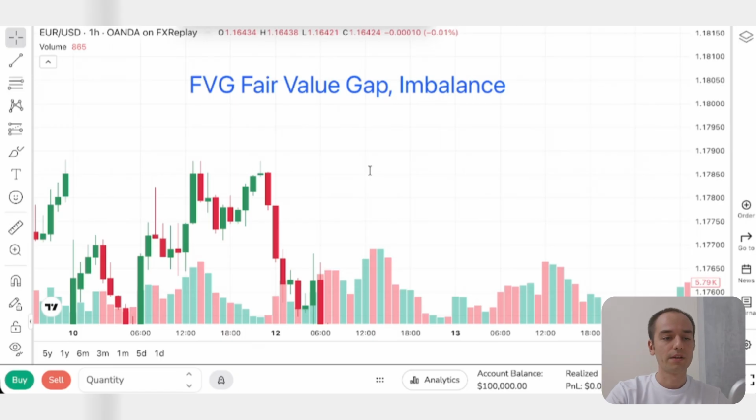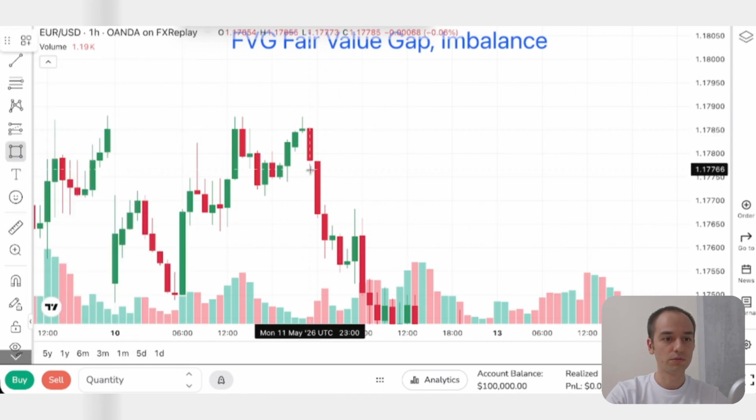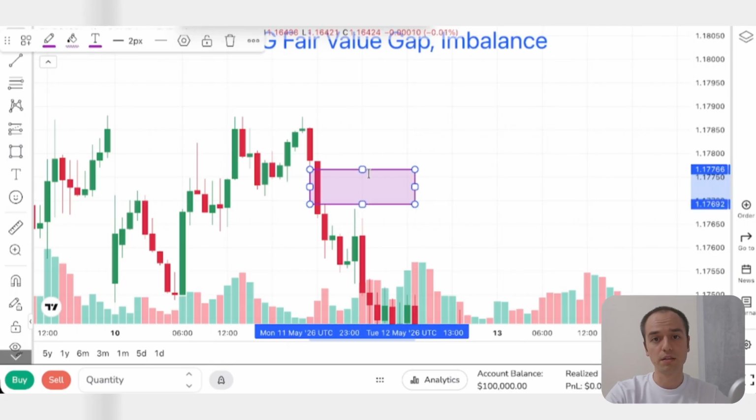Imbalance is fairly straightforward. Zone. When we are talking about imbalance, it's basically a disbalance of the price in a specific time period. It's a chunk on the graph, like you can see here, where